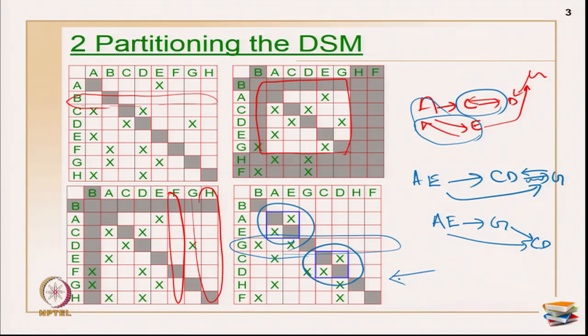After B, AE has to be done together, then activity G, then CD has to be done together, then H and F can be done in parallel, because I do not have any X marks between H and F. So, this is all about the partitioning method. First identify the starting activities from all the empty columns. Once you merge one activity, see whether any more empty rows are there, and keep moving that process. In the same way, use empty columns to identify the last activities, keep identifying the last-but-one activities, and finish the process.